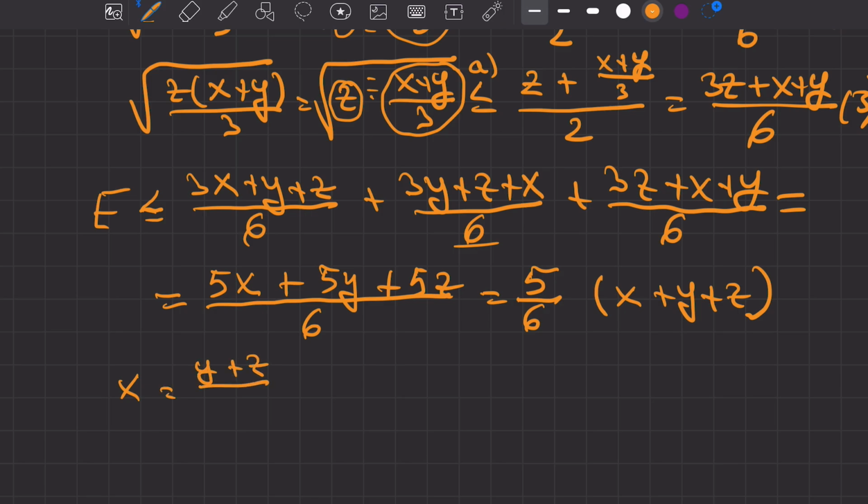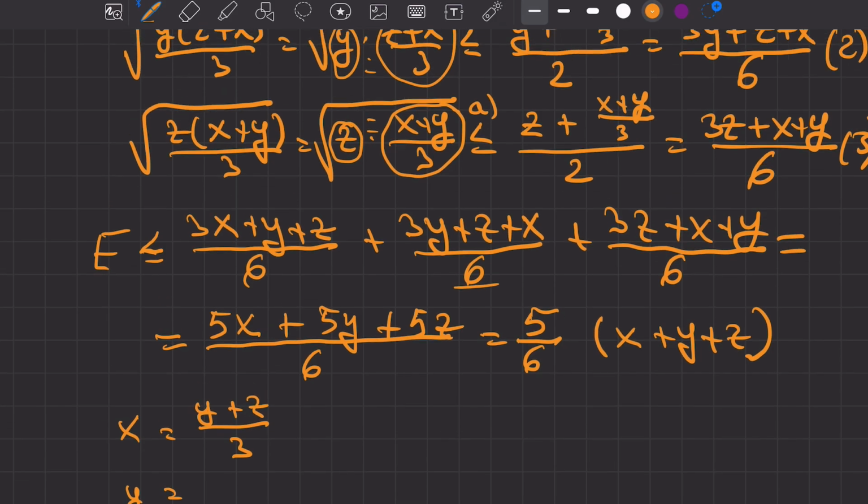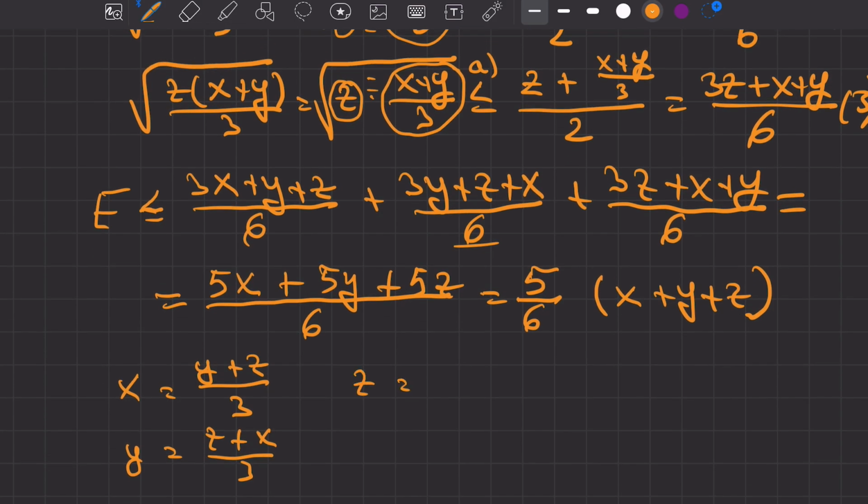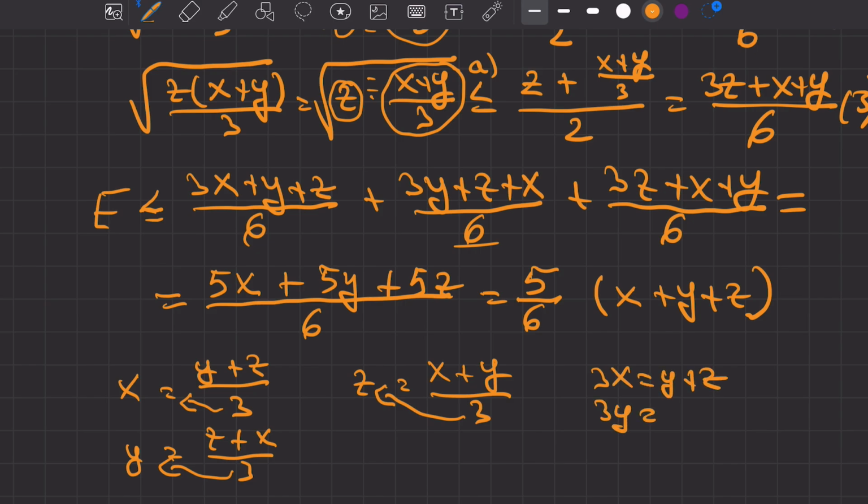We also need to have y equal to (z plus x) over 3, and z equal to (x plus y) over 3. If we multiply by 3 on the other side, we get the following three equalities: 3x equals y plus z, 3y equals z plus x, and 3z equals